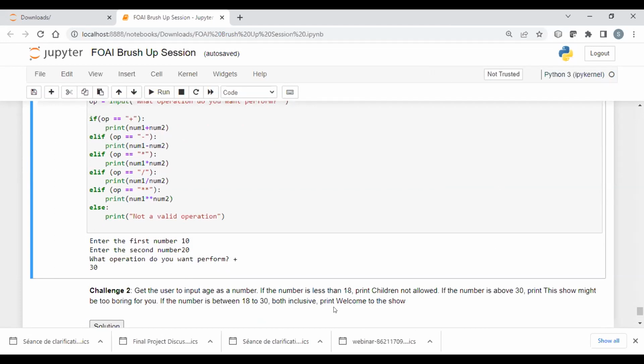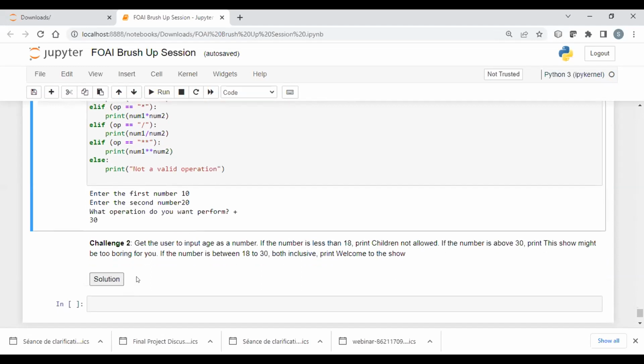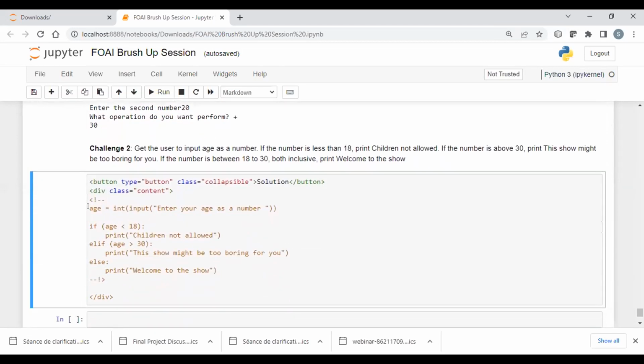Do we have anyone who can share what needs to be done for this question? I think not as of now, Simran. Okay, so let's look into the solution for this. Again, it was based on the same functionality of if-else, and let's see how this code works.